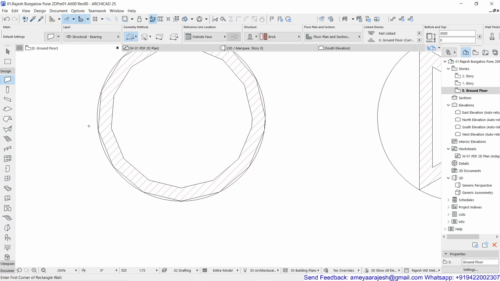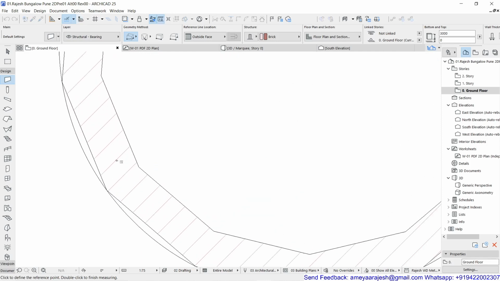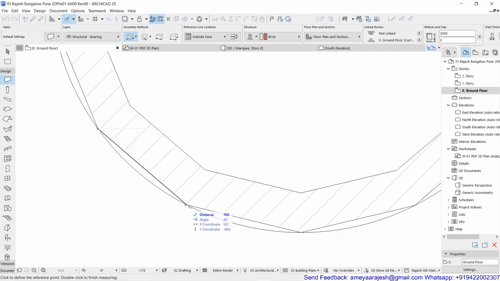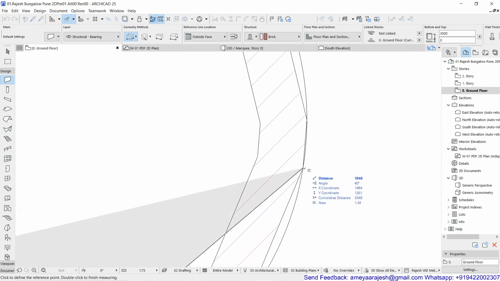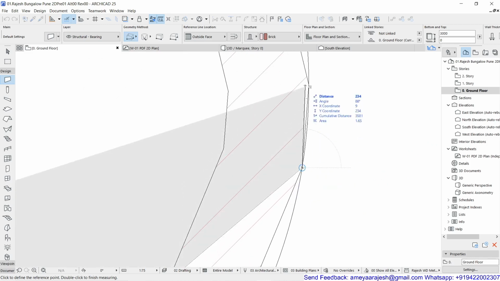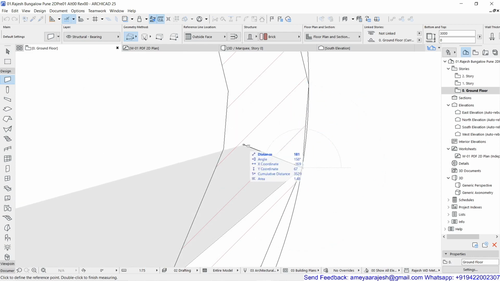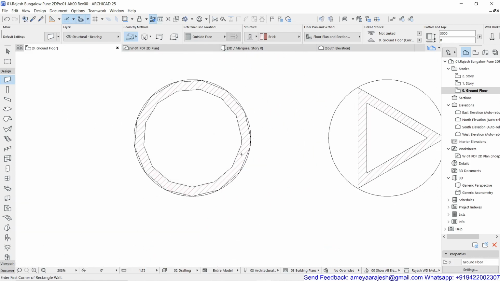So if you want to check that, you just try to use zoom, and then with the check mark from point to point, you will see that every same 700 segment was generated. Then you will see what about the last one. The last one will be either equal to or less than the 700.